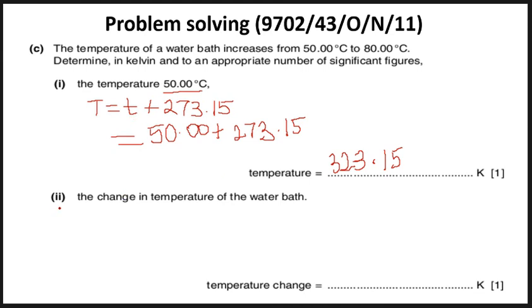Now I go to the second one. We have to find the change in temperature of the water bath. The change is actually from 50 degrees Celsius to 80.00 degrees Celsius. Definitely this is going to be the final temperature, while this is going to be the initial temperature. So change here is going to be subtracting initial temperature from the final temperature. So obviously I'm going to have